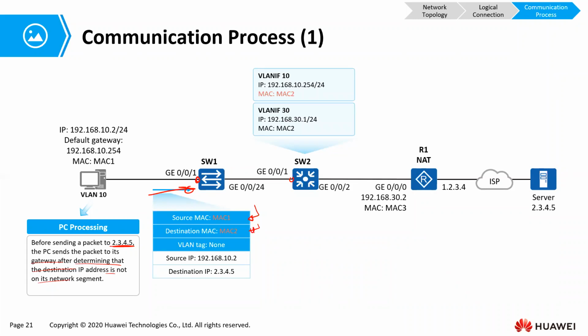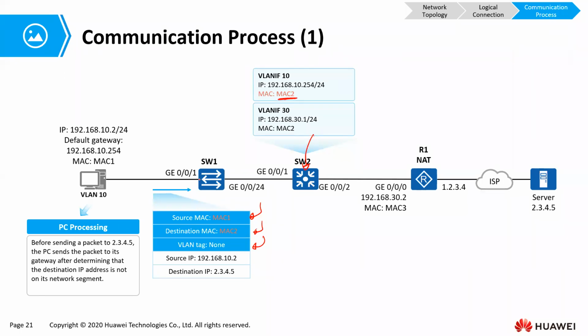Where are we? Destination MAC address is whose MAC address? Yes, cool. We have a VLAN if here, okay? Since it has a layer 3 address, it must have a layer 2 address. So we are sending from our MAC address to the MAC address of our default gateway, MAC 2. And then there is no VLAN tag.